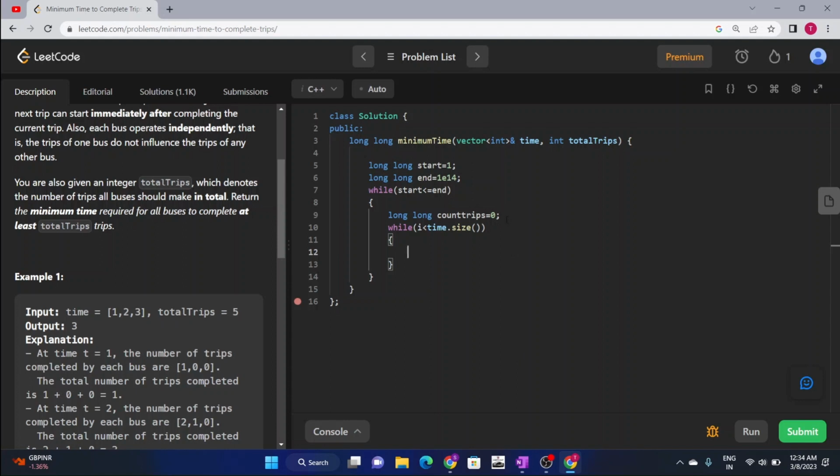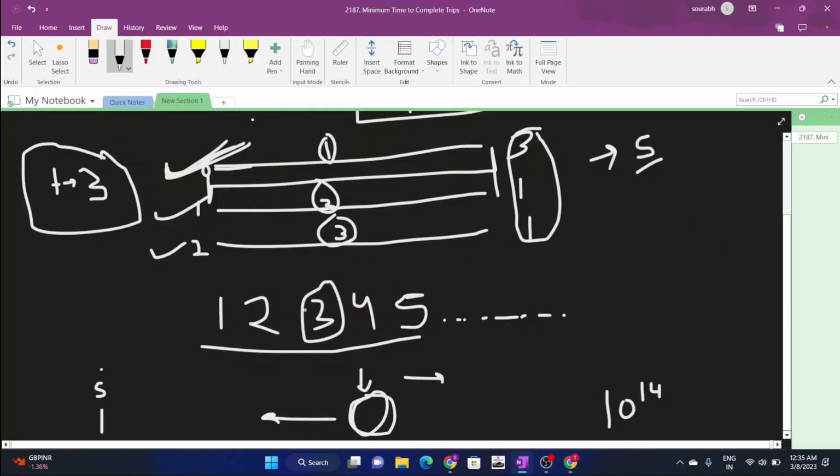Because we are going to check in the array for each bus how many trips this bus can take for this period of time, right? So we use i is 0, and now count trips plus mid divide time i, right? Mid divide time i,